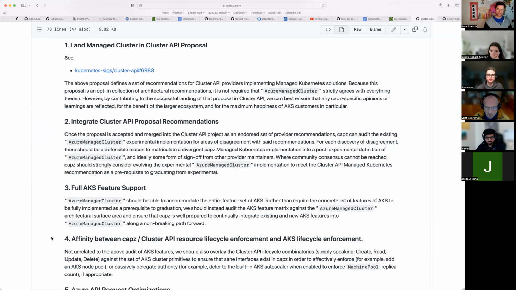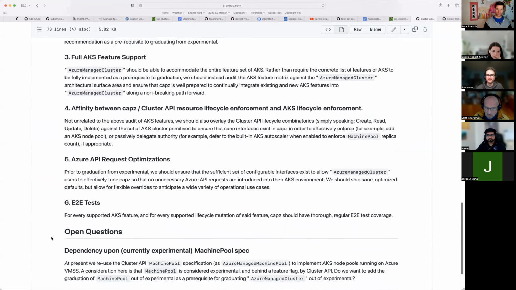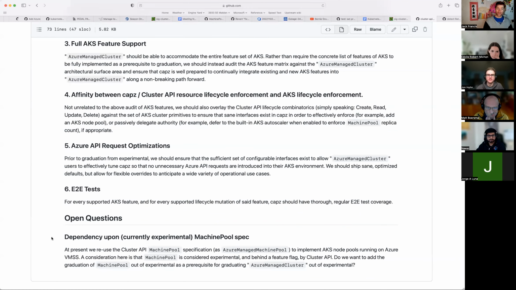Cool. Wait, 2 more seconds for raise hand latency. Okay, cool. All right, so